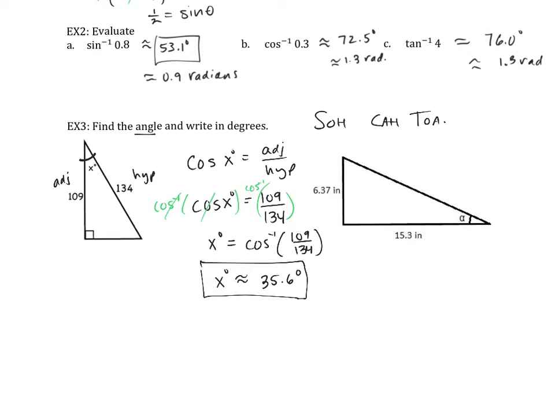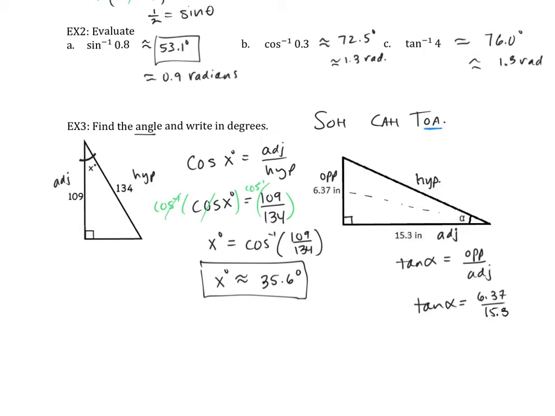Okay, moving on. Here's my right triangle. This angle is opening up, so across from my angle is my opposite, and touching my angle is the adjacent, and then this is my hypotenuse, which I don't even need in this problem. So I have an opposite and I have an adjacent, so it looks like I need to use tangent. Tangent of some angle is equal to opposite over adjacent, and then you just plug your numbers in for those side lengths. So 6.37 divided by